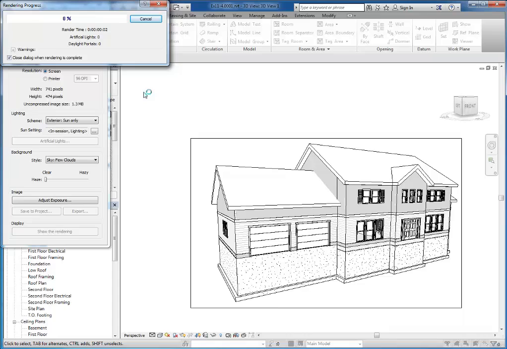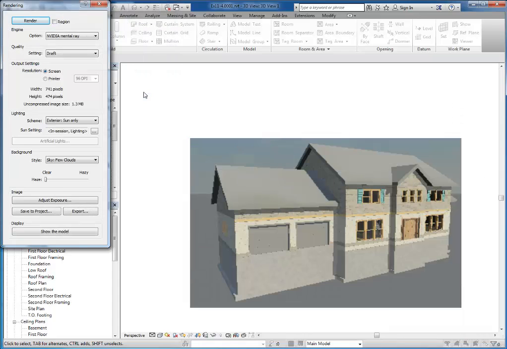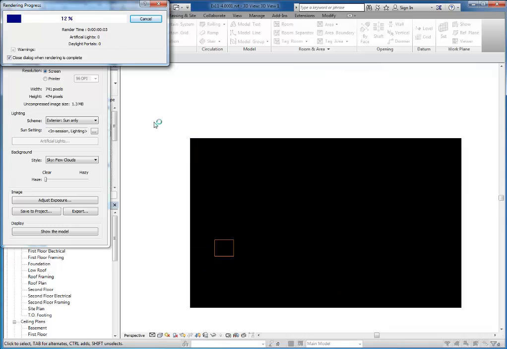The draft, as you'll see, is not a very good looking rendering, but it lets me see if my camera looks good, if the materials are going to look okay, and if my lighting is going to look okay without taking a long time to do so. So looks like it's going to work out okay, so I'm going to go to the high quality and click render again. Now this one might take a little bit longer,